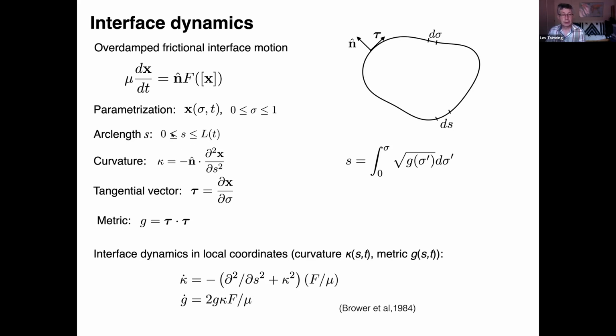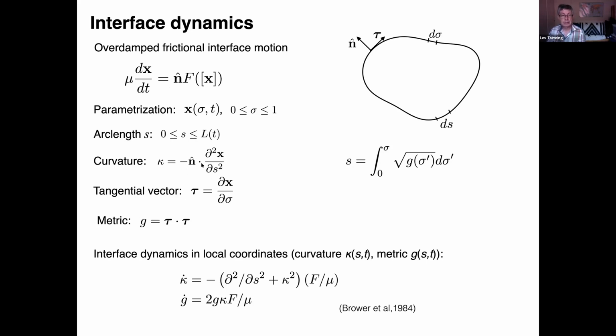So now the arc length does not have to coincide with sigma because the interface is actually growing. So arc length is changing. Arc length goes from 0 to L, which is the length of the interface, which is a function of time, right? And so now, instead of working in these Cartesian coordinates, you can go to the natural coordinates of the curvature and the tangential vector, or the metric. So the curvature is the second derivative of the position on the interface with respect to the arc length,